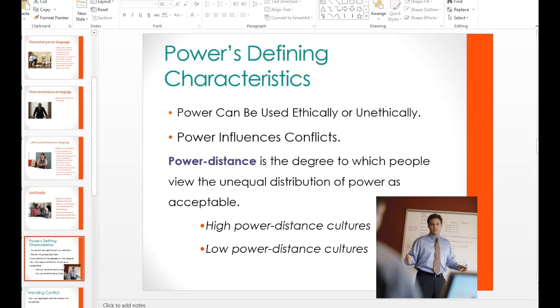In low power distance cultures, people in high status positions strive to minimize the differences between themselves and low status people, often interacting with lower status persons in an informal and equal fashion. In our own culture, it varies. You can see Donald Trump in a high power status, whereas people are supposed to be humble, but he's striving to be much more friendly to people and even it out.